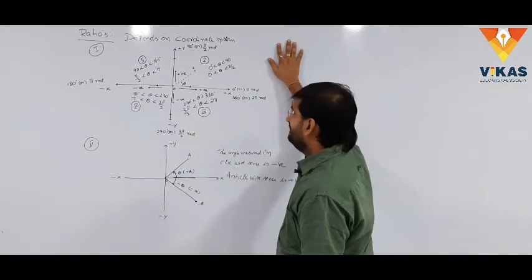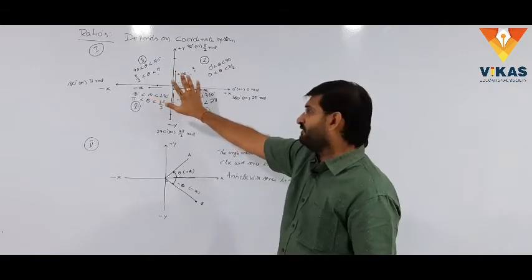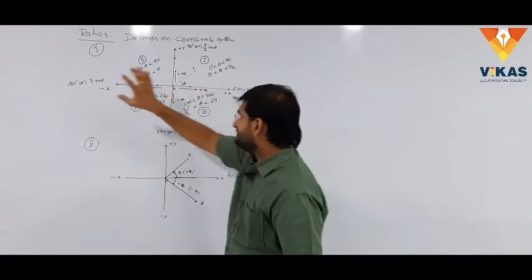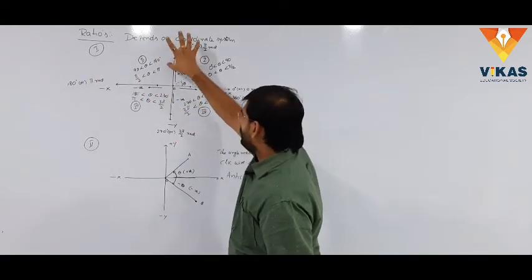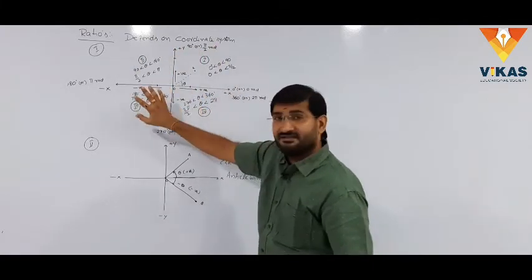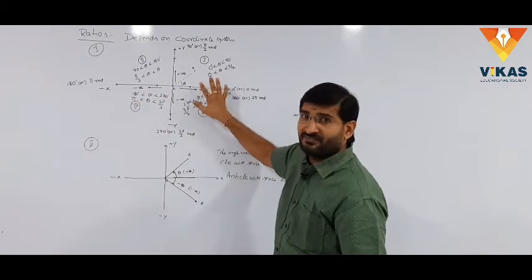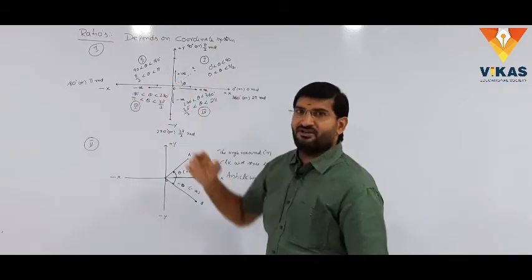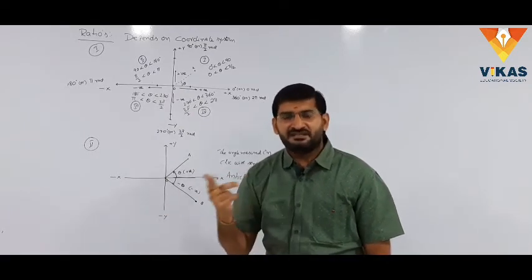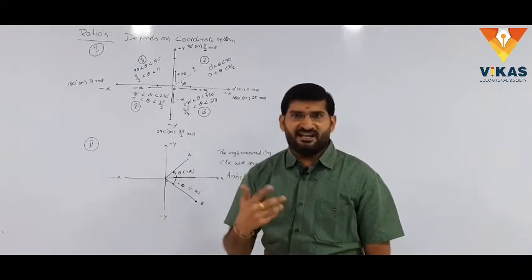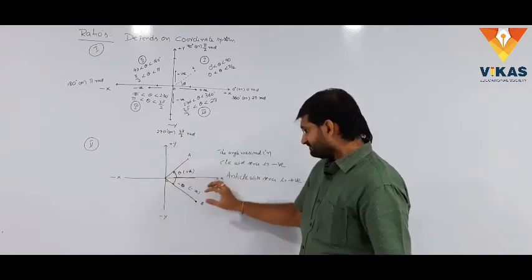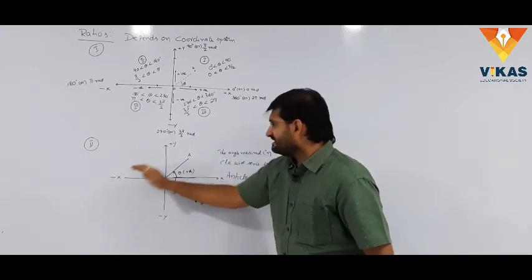Listen carefully. This is the important diagram which plays the main role. This is the coordinate system, already we know. This is the positive x-axis, negative x-axis, positive y-axis, negative y-axis. This is the first quadrant, second quadrant, third quadrant, and fourth quadrant. Generally, angles are measured in the clockwise sense or anti-clockwise sense. Which sense is positive and which sense is negative, we will explain with the help of this diagram. We take the same coordinate system with the four quadrants: positive x-axis, negative x-axis, positive y, negative y.